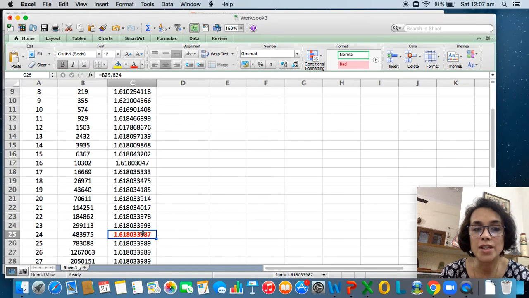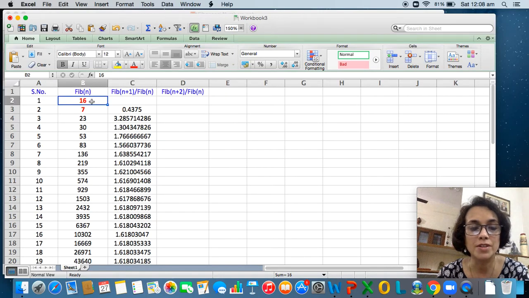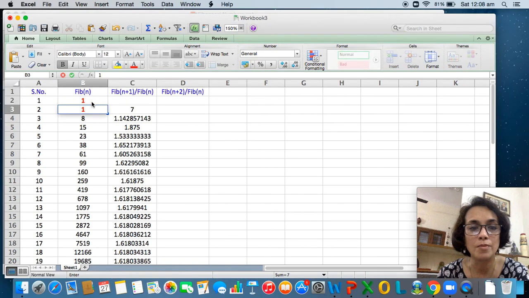So this interesting number is often referred to as phi, or the golden ratio. And irrespective of what we have in the first two places of the sequence, the ratio would always steady out to 1.618 up to 3 decimal places. Later we will see why this happens, but for now I'm going to come back to